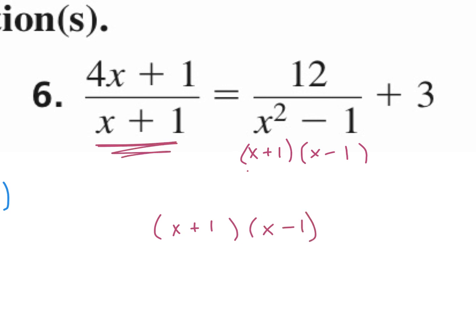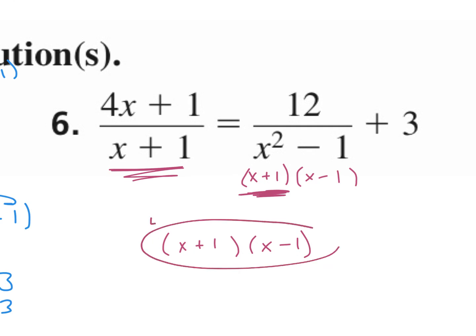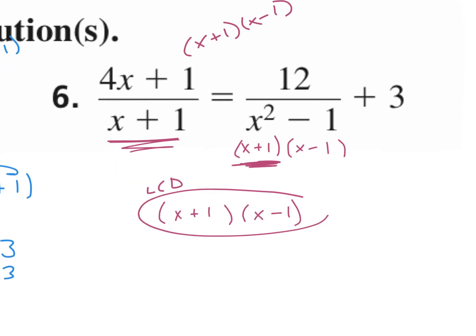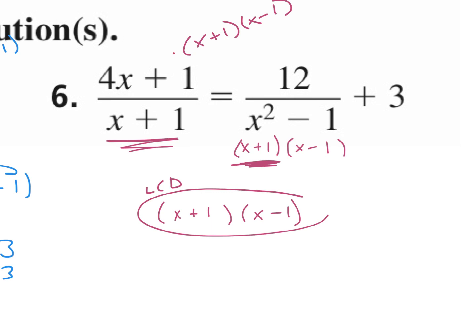Because this x minus 1, x plus 1 happens twice, we don't have to multiply everything by it twice. It would just make more work for us at the end, and we don't want to do that. So we're going to multiply everything by our least common denominator here. So in our first fraction, we're going to multiply everything by x plus 1 times x minus 1. What cancels? x plus 1 and x plus 1. So I have 4x plus 1 times x minus 1